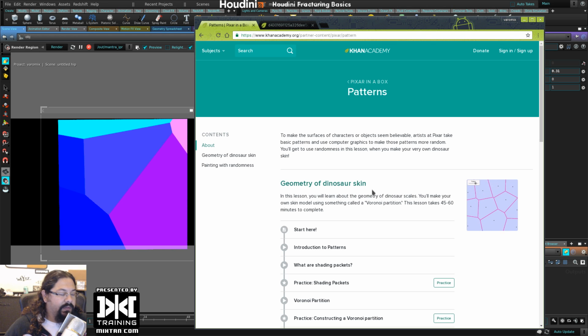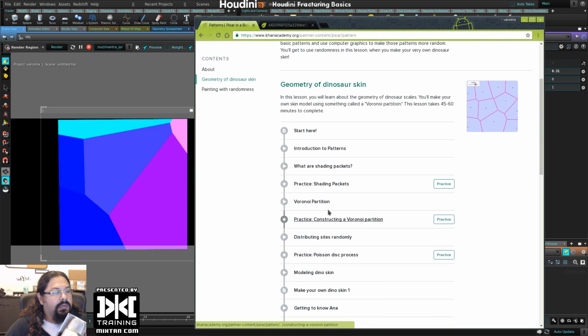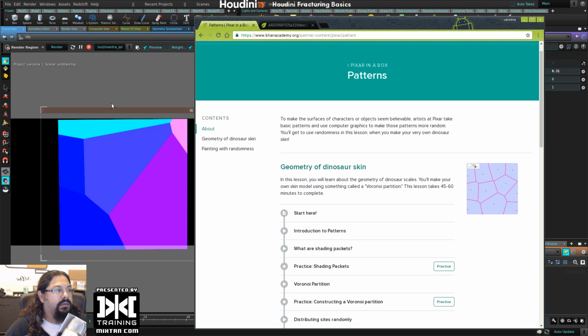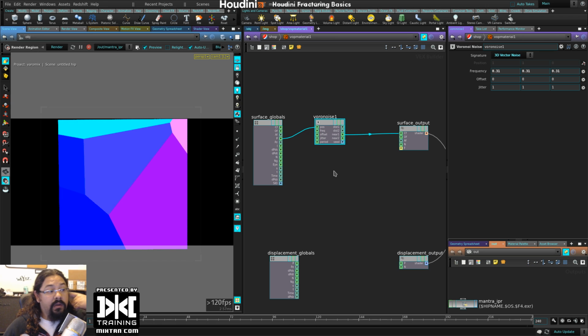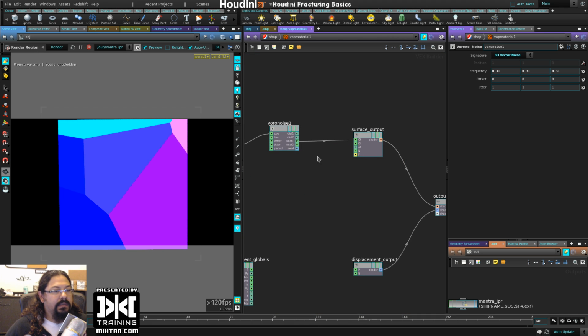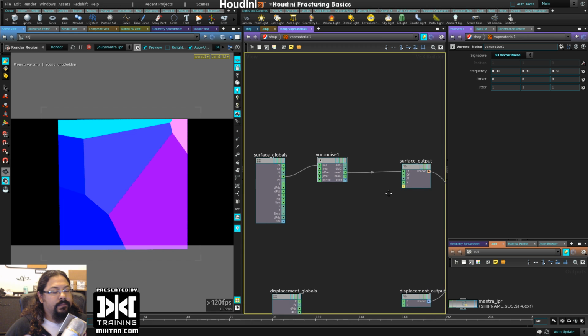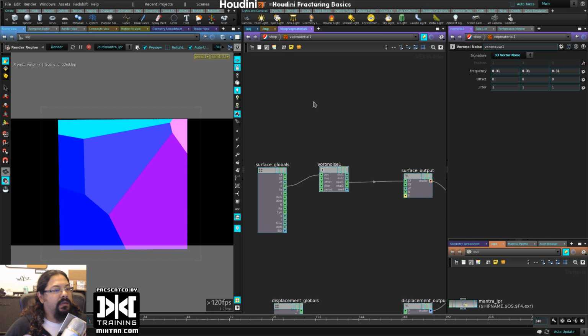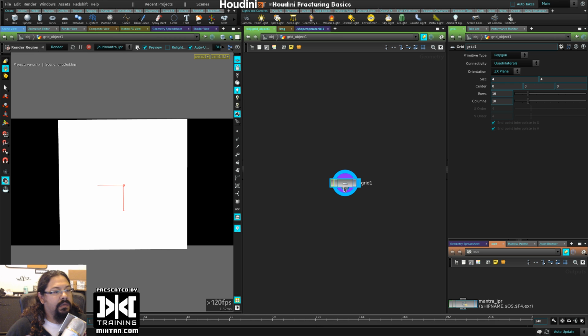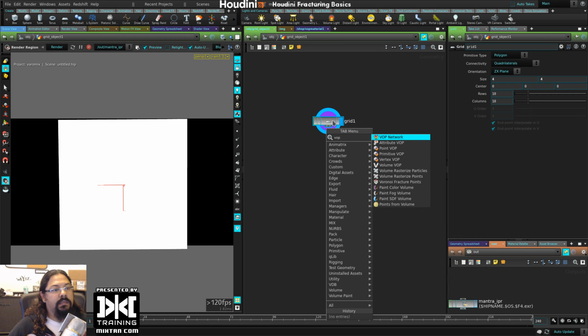But especially for this, there's a few classes here that explain the Voronoi partition. It's pretty cool, and this is exactly what's happening here to generate that. So now that we know that this is what is actually happening, let's try to apply this at color level. Maybe just copy this, go to the grid, close this, make a Bob here, attribute Bob,